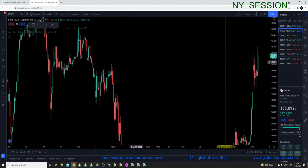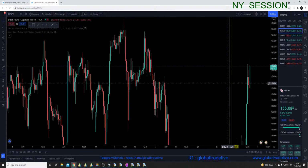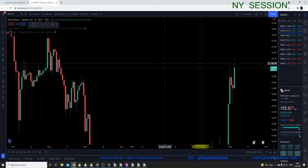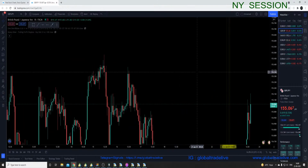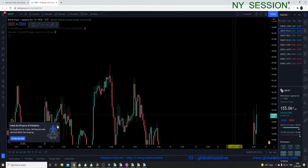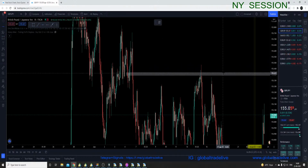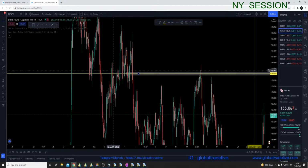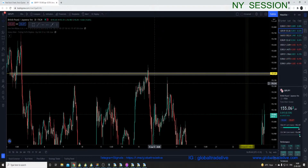So the market is moving up, and I think, let's see here, 1 hour. Okay, so the 1 hour candle is crossing above these highs over here, but the thing is there is no clean range on the left right now. The ranges are really messy over here. So I think better buys will be above this area over here, which is at 154.409. And if you go to the 30 minutes over here and see, yes, we do have this clean range